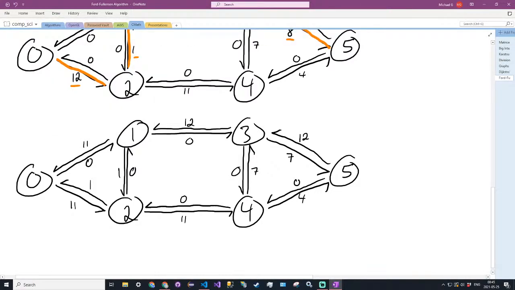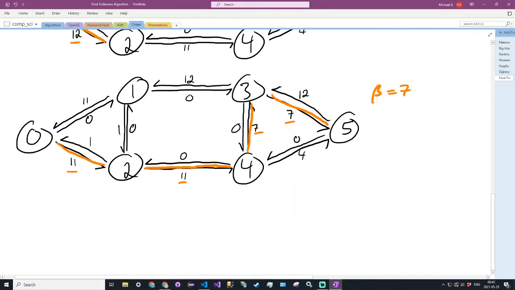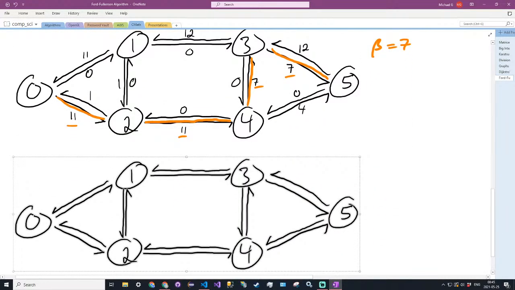Let's get a 0 to 2, 2 to 4, 4 to 3, 3 to 5. Here the bottleneck is 7. 7, 7, 11, 11. Once again, we have the unaffected edges, 0, 11, 1, 0, 12, 0, 4, 0. And then we're sending 7 units of flow, so we have 4 left over from 0 to 2,